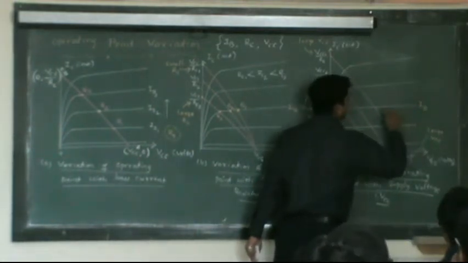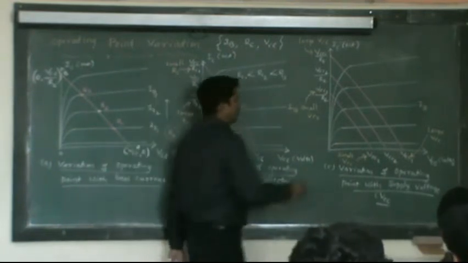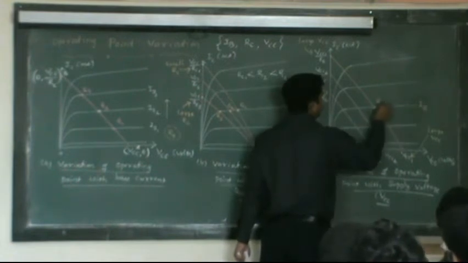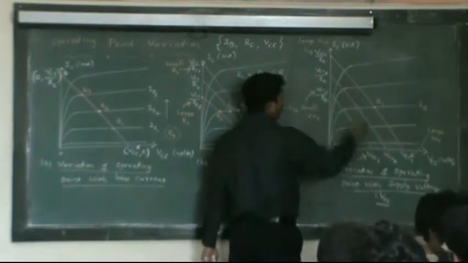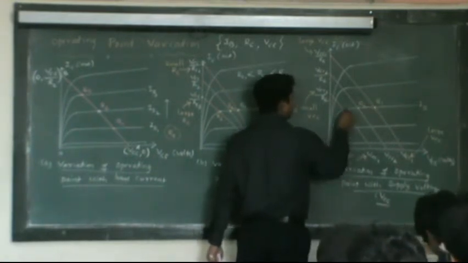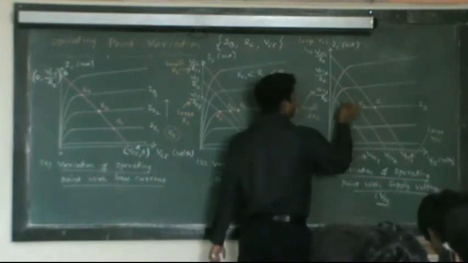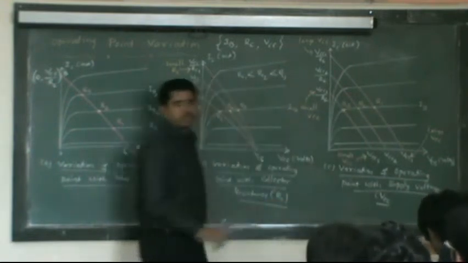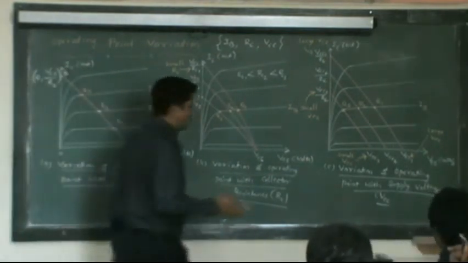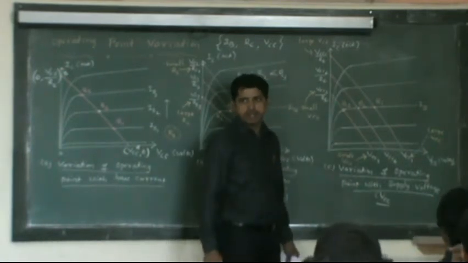Say, for example, I am fixing this particular curve for the base current. Again, you get 3 different operating points. Wherever the first load line intersects the IB curve, let us call this operating point Q1. Where the second load line intersects the IB curve, we call Q2 the operating point, and finally where the third load line intersects this IB curve, we call Q3 the operating point. Since the supply voltage has been changed, a different supply voltage gives a different load line and accordingly different quiescent points.